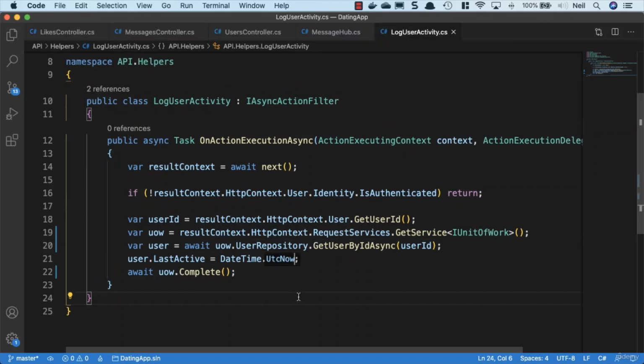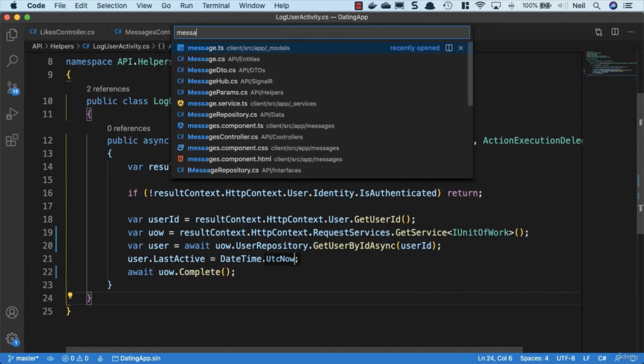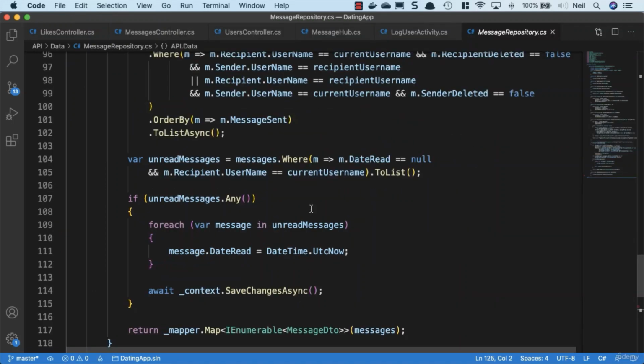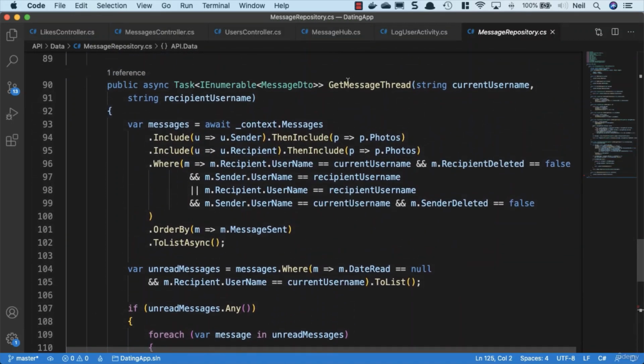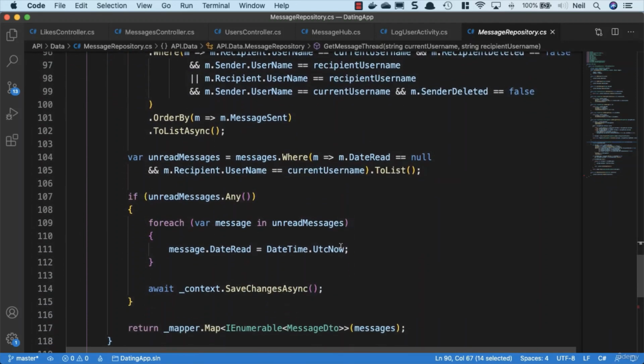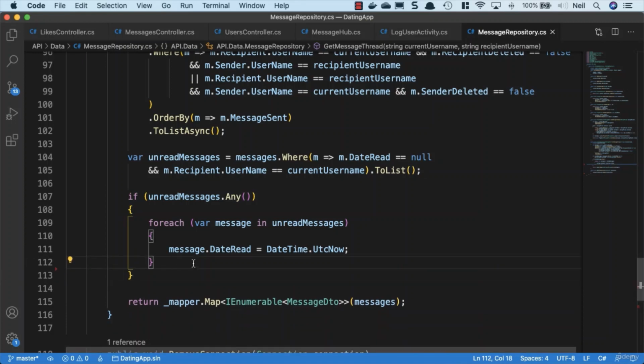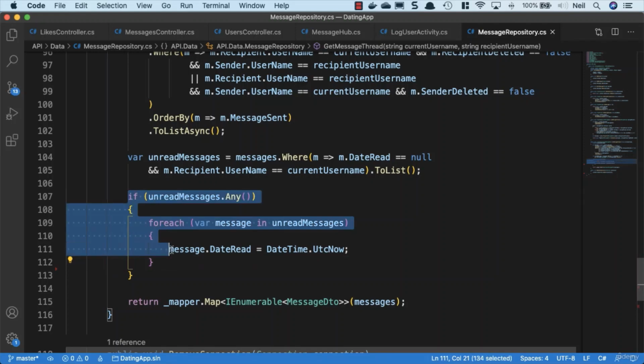And just one more thing I want to look at before we leave this particular section. Let's go to our message repository. And inside here in the getMessageThread method, we're going to do something with this method soon anyway. But we don't want to save our changes inside here, because that's not the repository's job, that's the unit of work's job. So we'll keep this as it is. We'll still check for any unread messages, but what we'll do when we return this message thread,